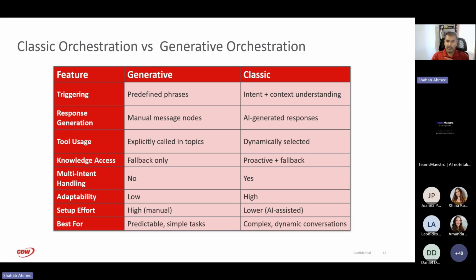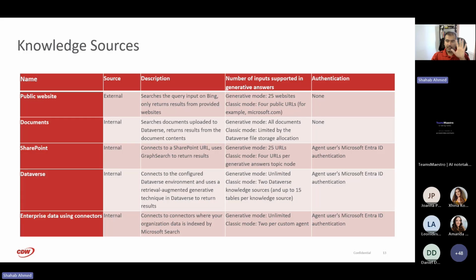Now, the second piece around this is in terms of what those knowledge sources are. Again, that generative piece is called conversational boosting. And we'll talk about topics, if by default they're turned on. So if the bot doesn't find a suitable response from the knowledge sources that you uploaded, then it's going to try to go to the web and try to get your response. That is the conversational boosting piece, right? So if you see that conversational boosting piece, that's where it's coming from.